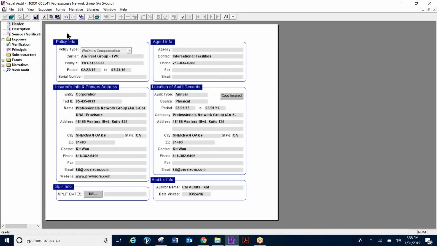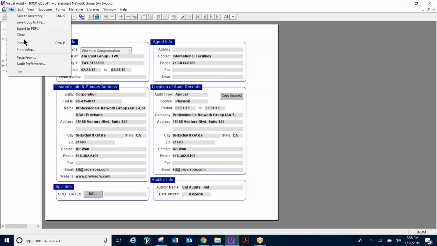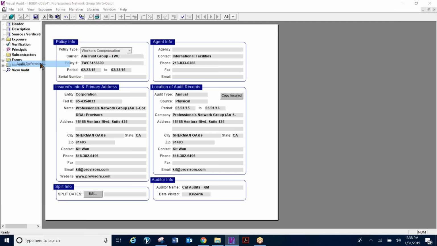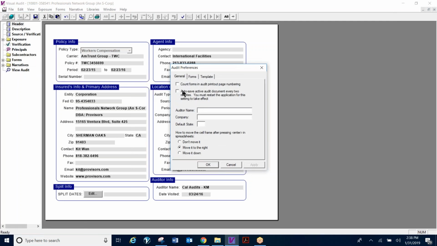What I'd like you to do next is go to the menu, to the word File, click on File. I'd like you to go down to Audit Preferences. In the first tab, General tab, there's two boxes, Count Forms and Auto Save. I'd like you to put a check in each of those boxes. Next, auditor name. I want you to put your first, middle, and last initial. Not your full name, just your first, middle, and your last initial. That auditor name is what's going to pop up into this box down here where it says Cal Audits KM,